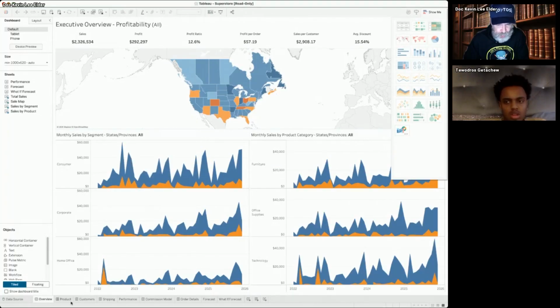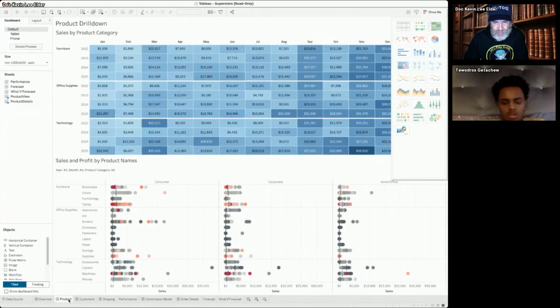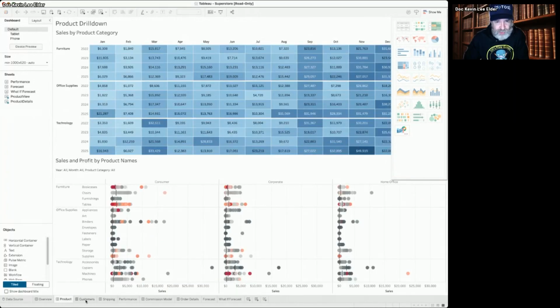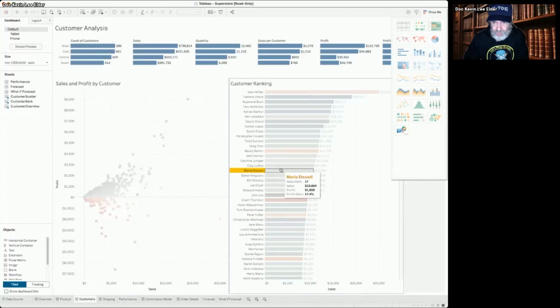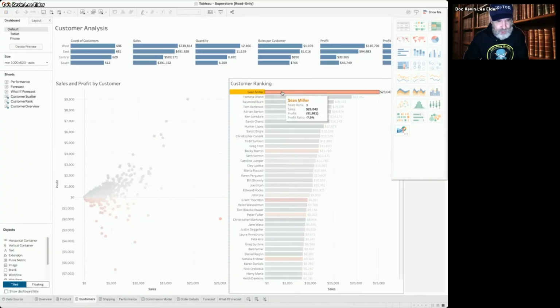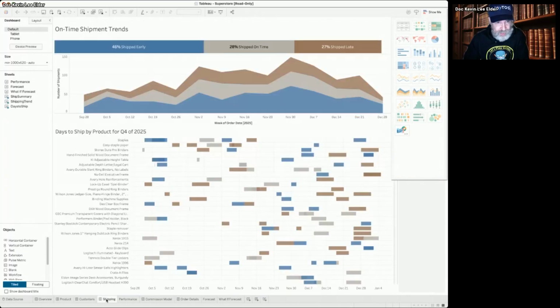And so down at the bottom, I can see these tabs. And on these tabs, I can start looking and seeing, okay, how did they create these various charts? So here are some charts on the product. Here are some charts on the consumer. As I mouse over, they've got some cool tool tips giving us information. And so I can really start to get a feel for, what can I do in Tableau?